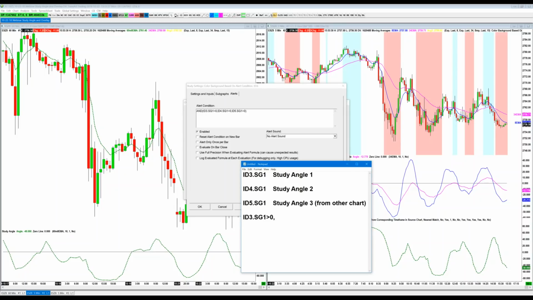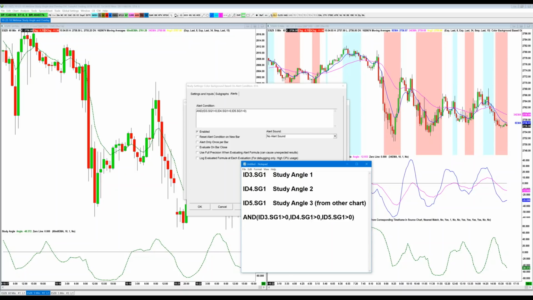Okay, and then you would separate it by a comma and say, okay, ID4.SG1 is greater than 0. That means that the study angle number 2, which is of the 34, is greater than 0. And then study angle number 3, ID5.SG1 greater than 0. 3 separate conditions, all separated by a comma. Just put the word and in front and put the whole thing in a giant parentheses. You copy paste this into that area